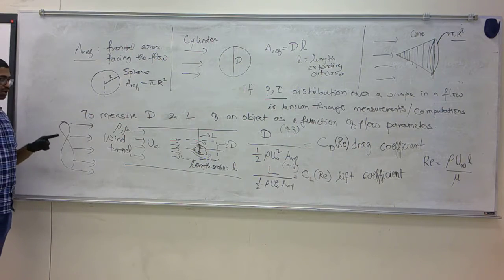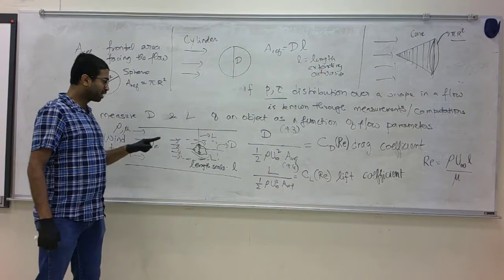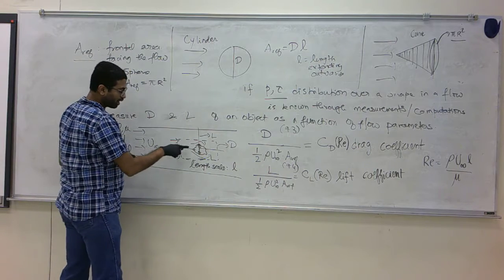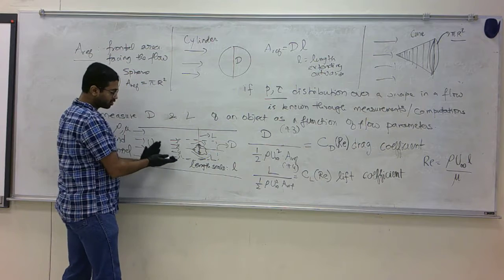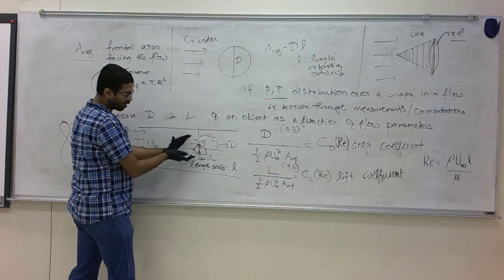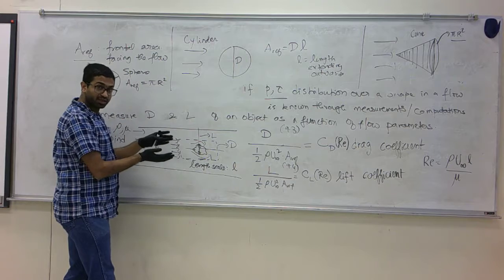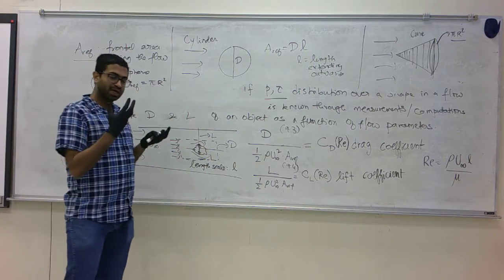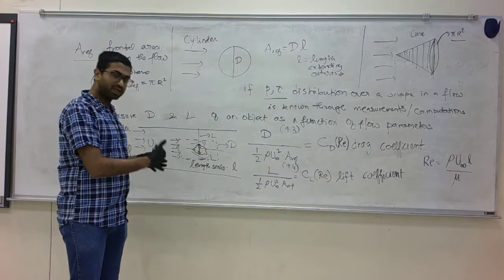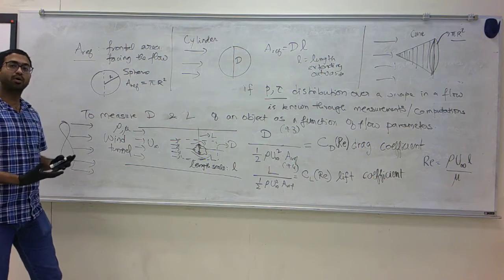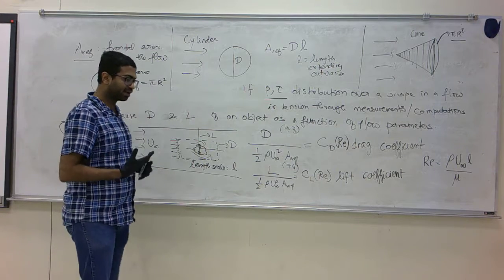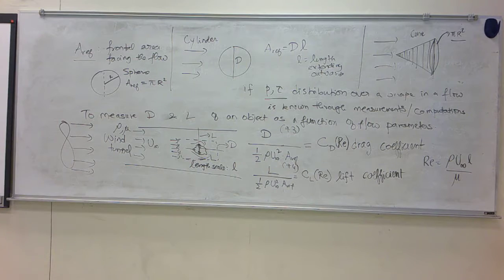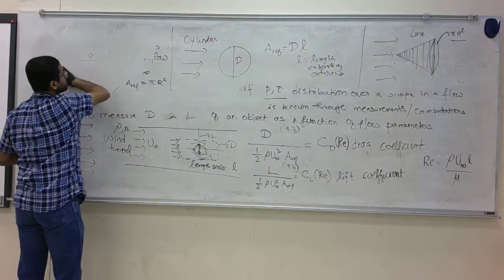In this part, we are going to worry about the nitty-gritty details, and I want to start my discussion by asking you to think about what happens to the flow, which is uniform to begin with. As it approaches the object, the streamlines turn around the object. At the surface of the object, there is viscous shear exerted by the object on the flow, and we are going to talk about how the flow changes, or what are the characteristics of the flow around an object. That's the topic of this part of the video.